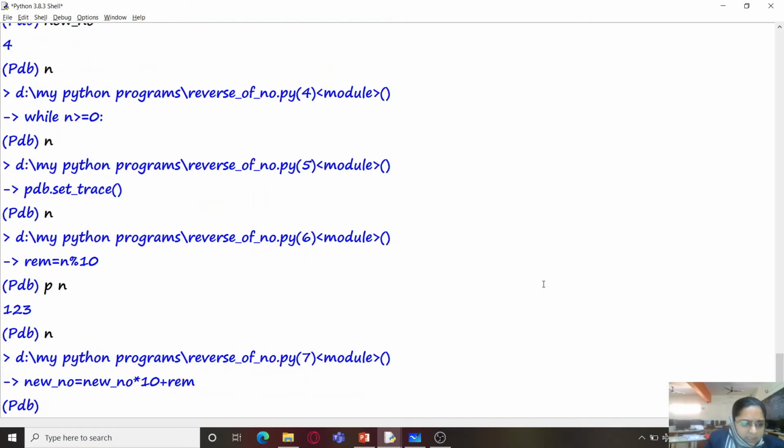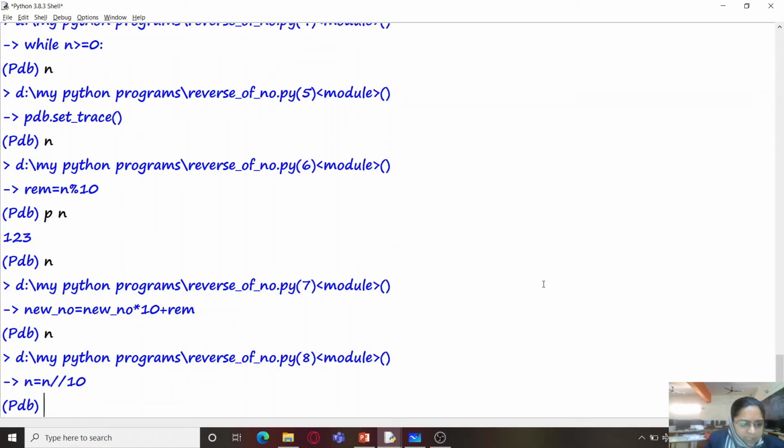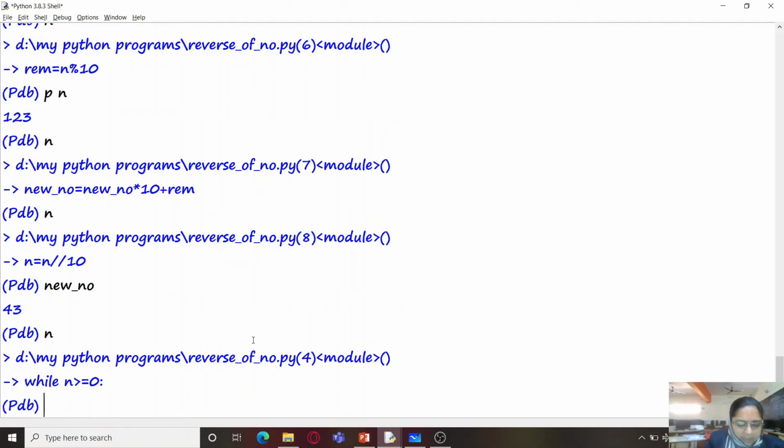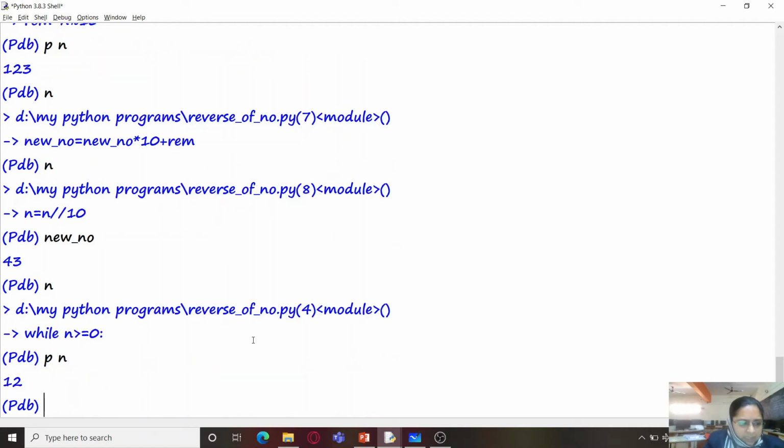So let's run it, and let's now check again the value of new number. So it is successfully 43 now. Then again we run it. Let's check the value of n, because n is already a command, so I am using pn, which will print the value of the variable n. Now it is 12, that is also fine.